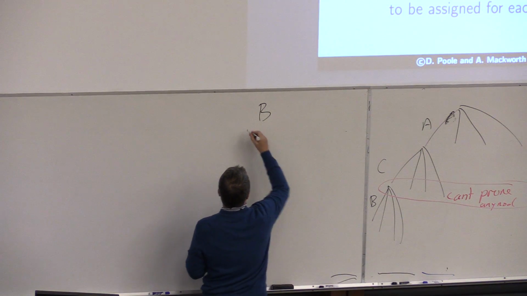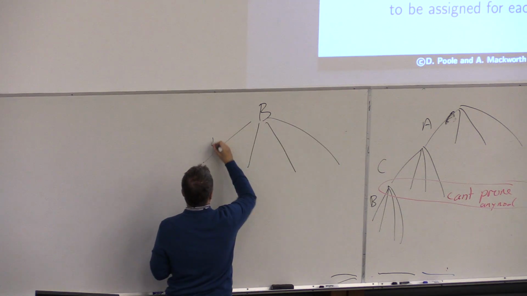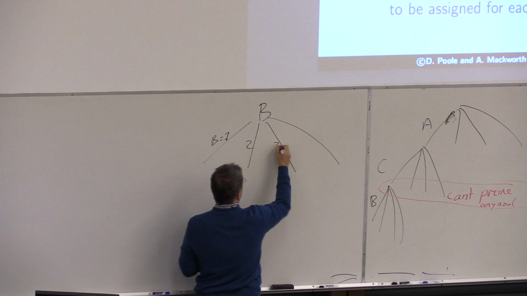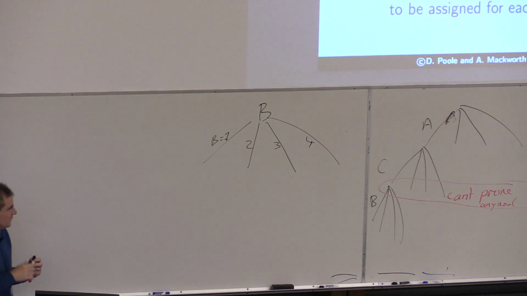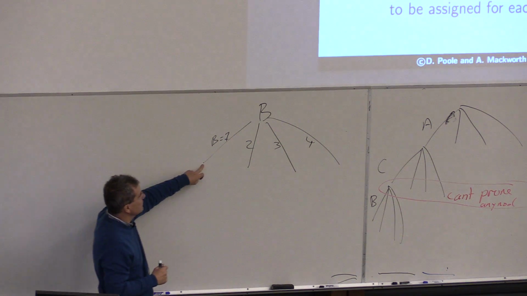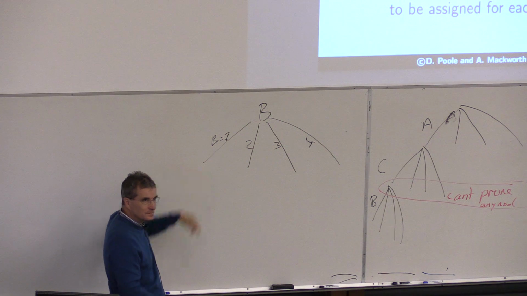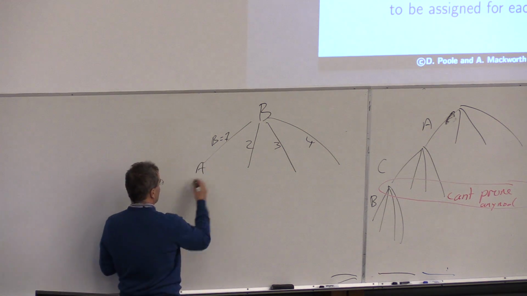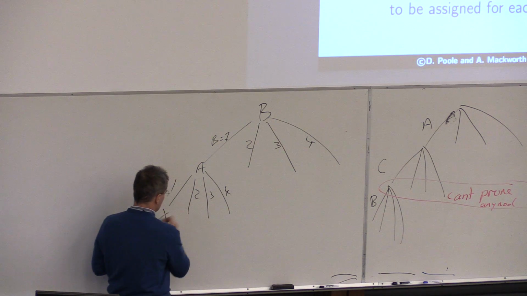You don't have much choice. Right, B is 1, 2, 3, and 4. And why might we split B at the top? Let's do B as 1. What might you split here for? We want to prune. Remember, we like pruning things. All of the A's can't be there. Right, so we must split on A here. Right, 1, 2, 3, and 4, and we can prune all of those.